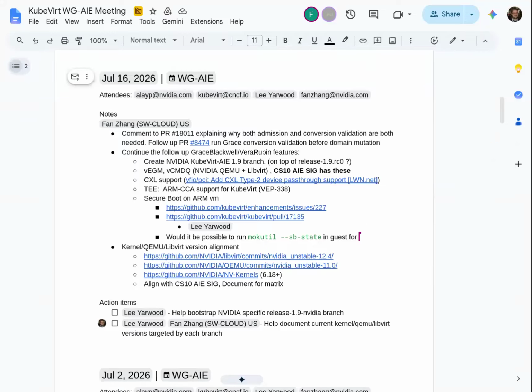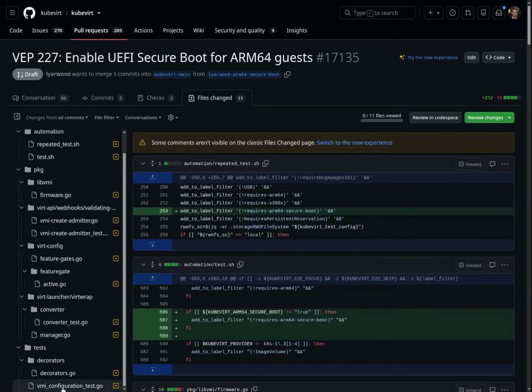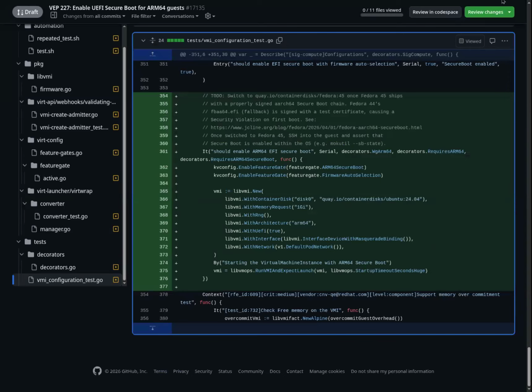Would it be possible to make an automation test or unit test testing the guest having the secure boot feature? For example, running mokutil. Sorry, double muted again.